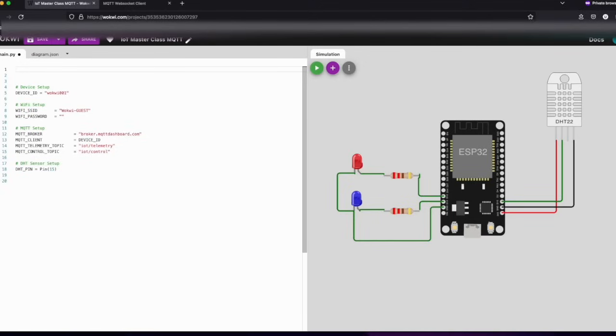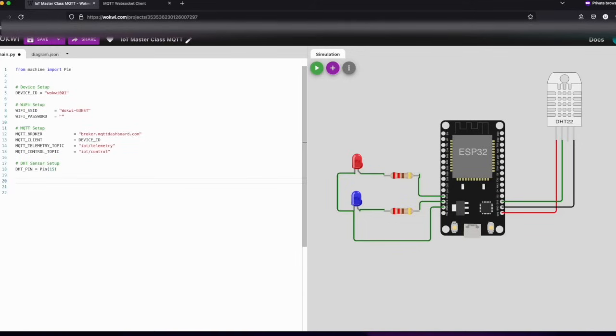Let's just do this. I think that should do the trick. Yep. So, okay, it looks great. Now let's set up our